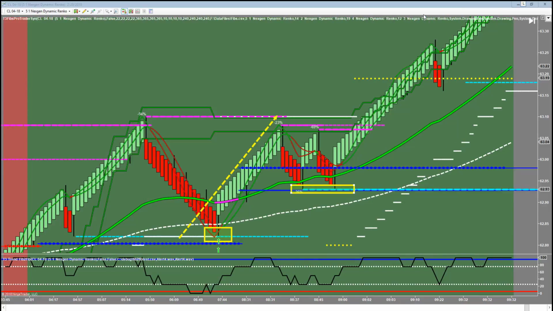So this is the one exception, or there's a couple of exceptions, but this is the big exception for taking trend trades on the wrong side of your synthetic triggers with your small triggers below,